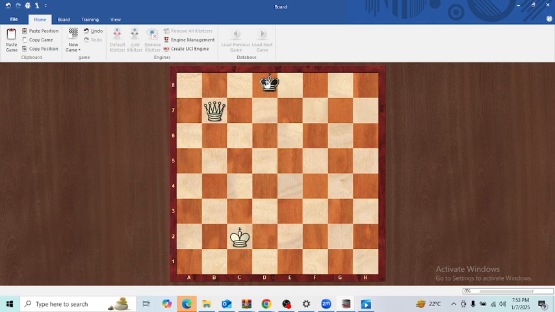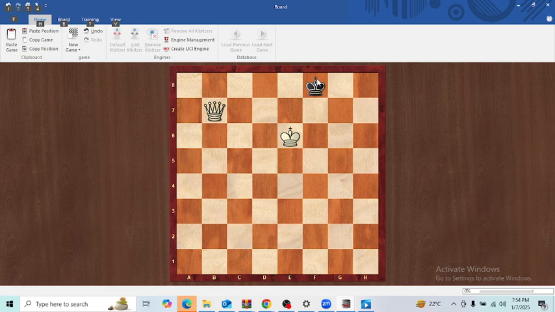Now we are not able to checkmate right now. We need some help from the king. The queen asks the king, "King, please come near the enemy king so that we can both together checkmate the enemy king." And now the white king will start marching towards the enemy king. We know that the enemy king will stay there only, and once our king reaches the right position,